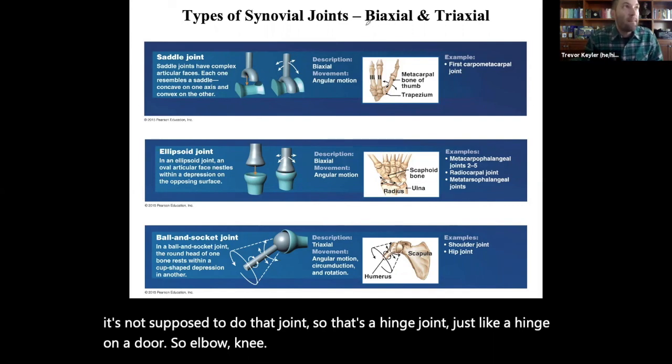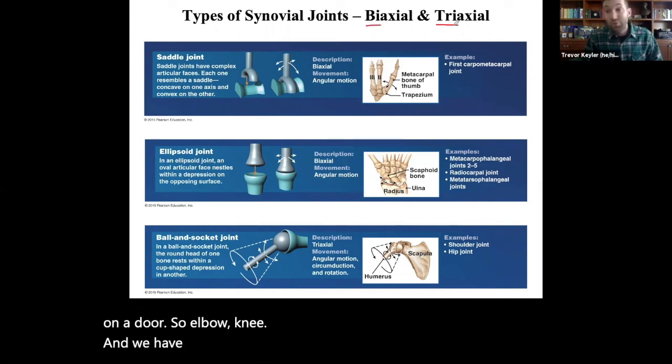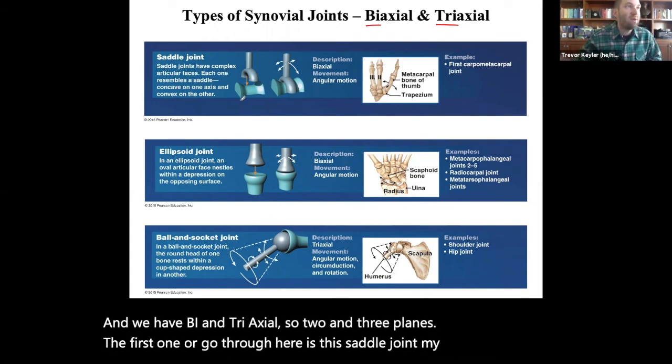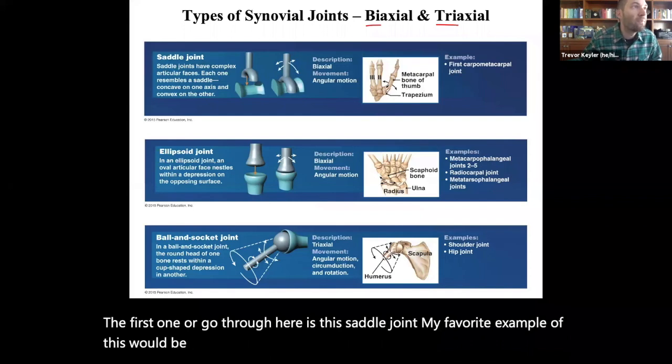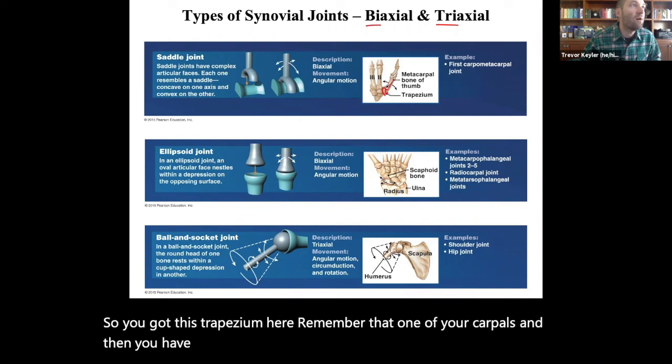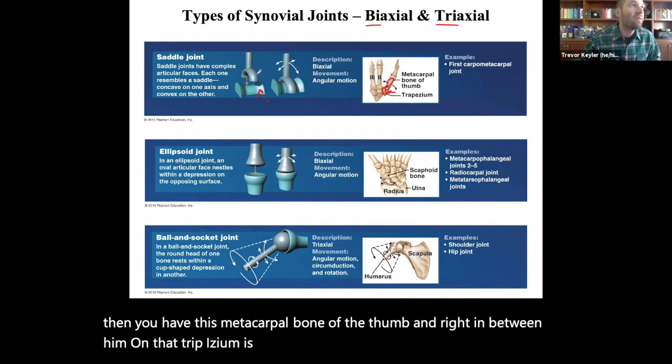And we have bi- and triaxial, so two and three planes. So the first one we're going through here is this saddle joint. My favorite example of this would be the thumb. Okay, so you've got this trapezium here. Remember, that's one of your carpals. And then you have this metacarpal bone of the thumb. And right in between them on that trapezium is this saddle. And the thumb makes this